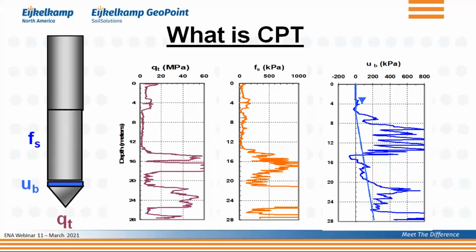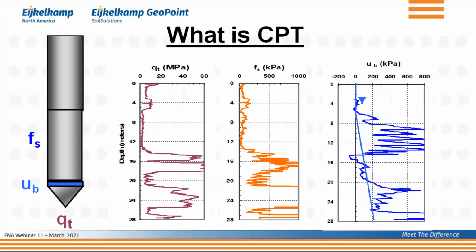the tip resistance in purple, the sleeve friction in orange, and the pore pressure, or better, the dynamic pore pressure, because as you push the cone into the ground there are some dynamic effects, in blue. The so-called squiggly lines, as Paul Mayne at Georgia Tech used to refer to them. And what do we do with those